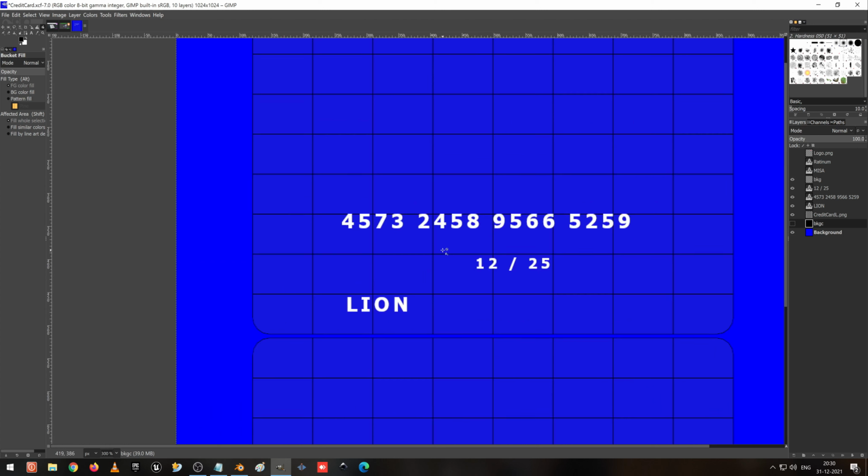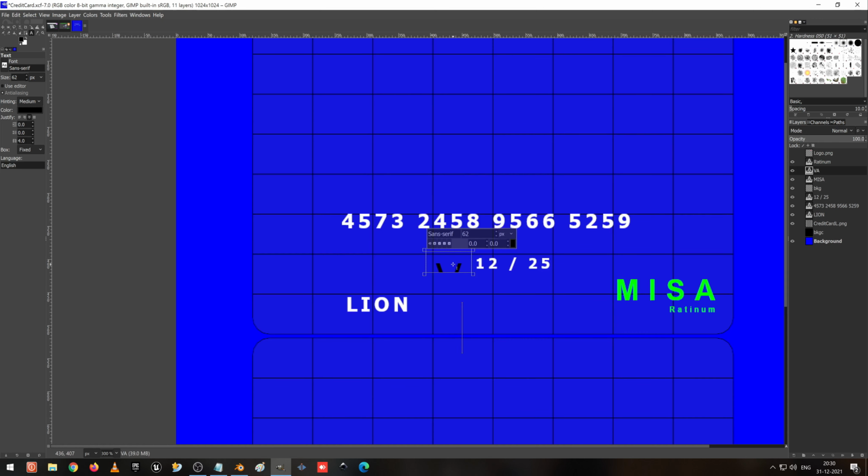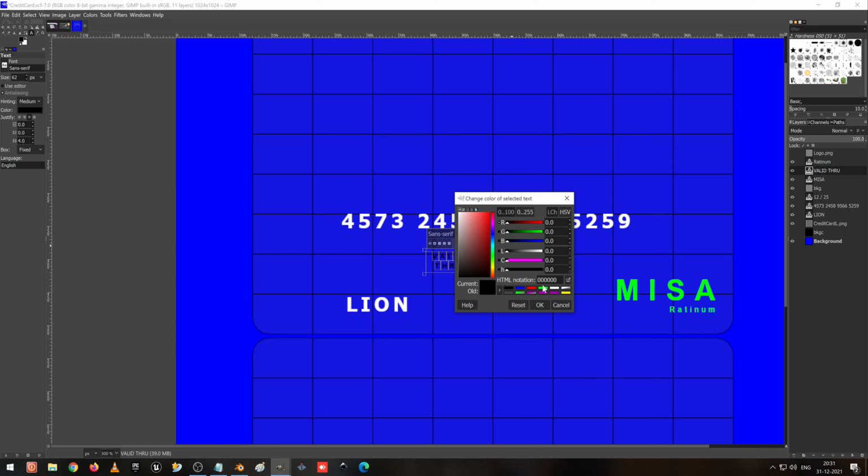I zoom it here, I go to the text field again, and so I'm going to give a text here which is called valid through. I select everything, and I make it as 10, and make it bold, and make it as green.